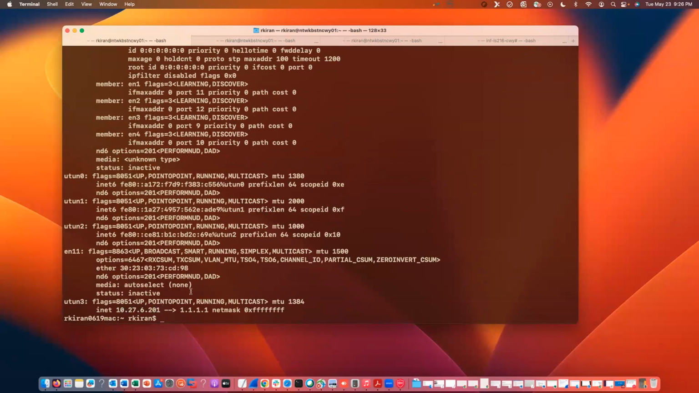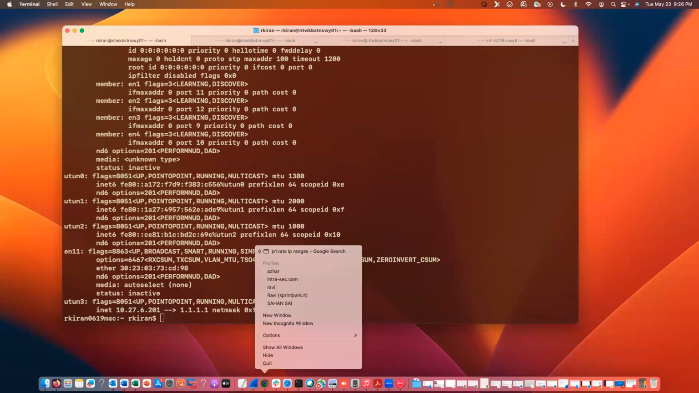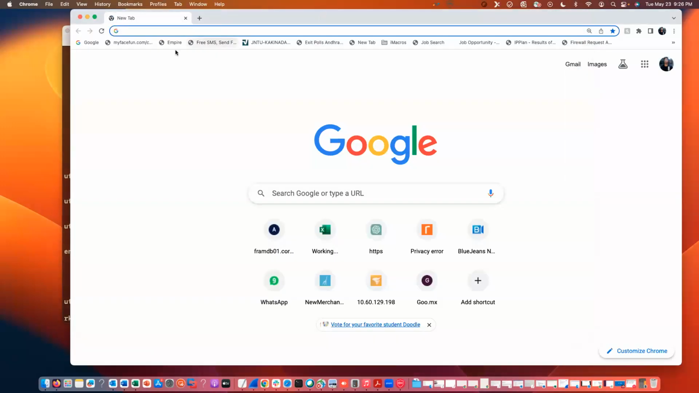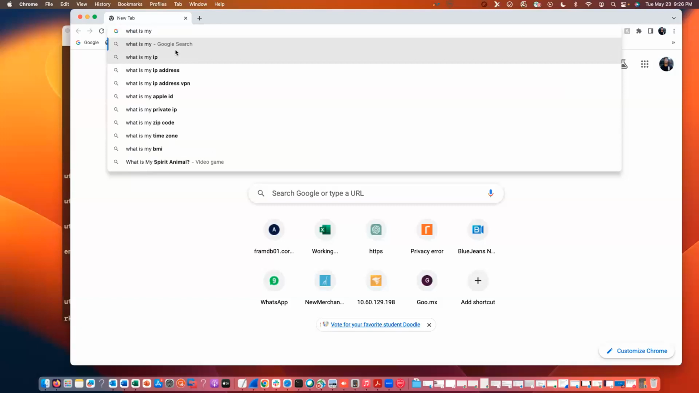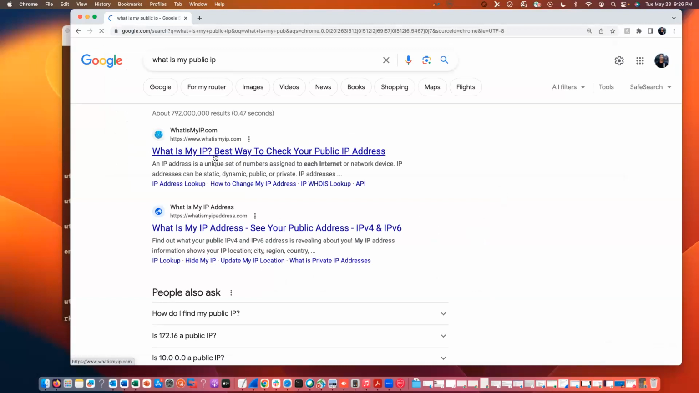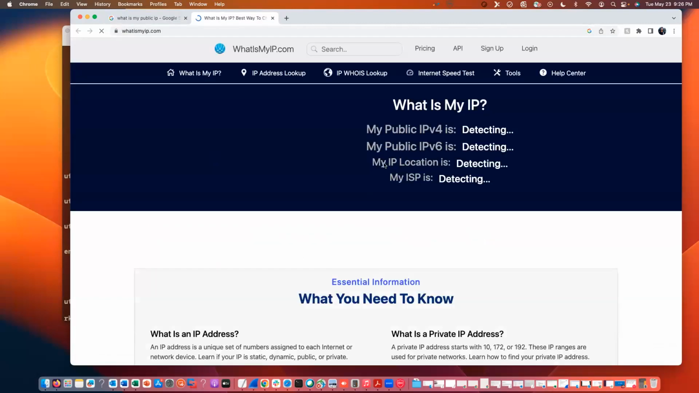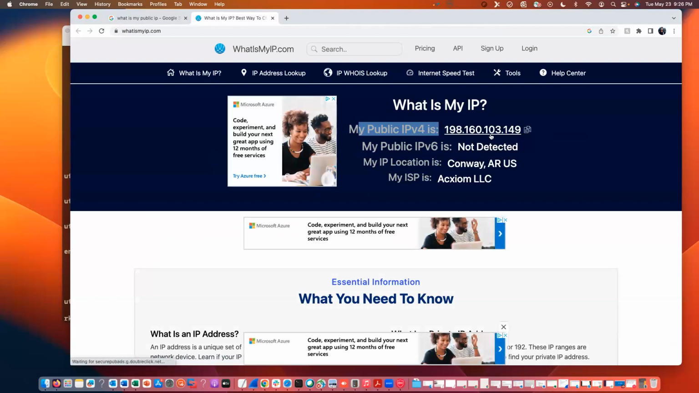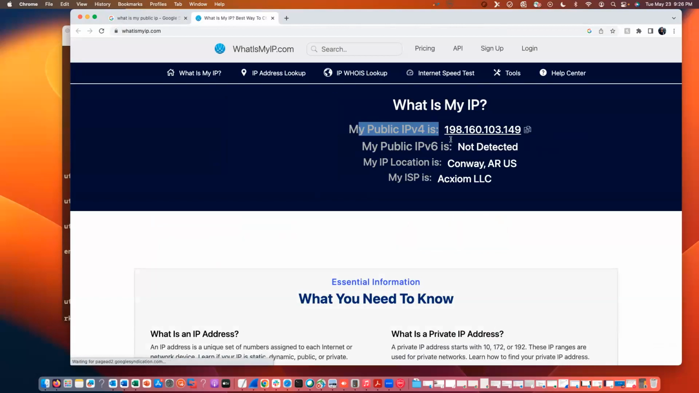But if I want to know my public IP, what I'm going to do is I can go to Google and search what is my public IP. My public IP is 198.160.103.149. So that is my public IP. So as I said, the private IP will be transferred to the public IP to go to the